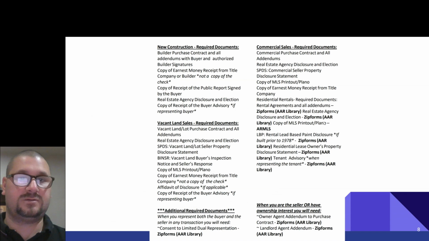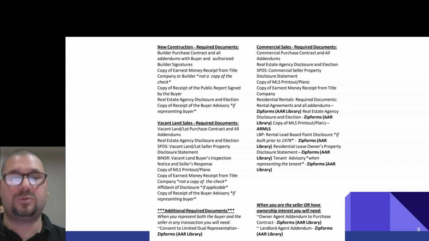Vacant land sales, required documents. Vacant land lot purchase contract and all addendums. Real estate agency disclosure and election. SPUDs, seller property disclosure statement. Vacant land lot seller property disclosure statement. The BINSR, the buyer inspection notice seller response. Vacant land buyer's inspection notice and seller's response, copy of MLS printouts, copy of earnest money,